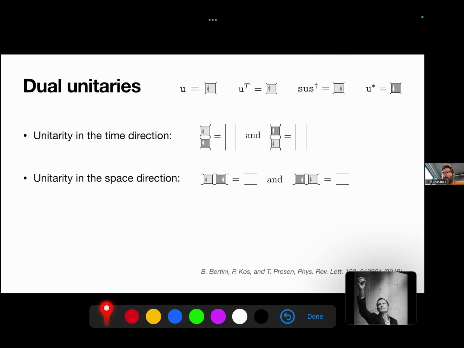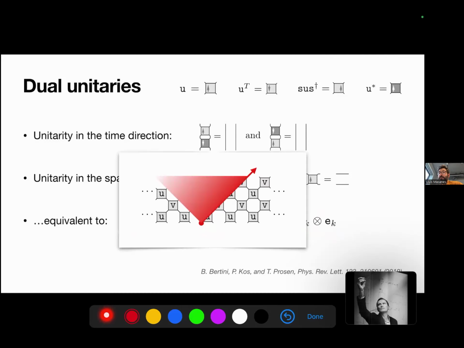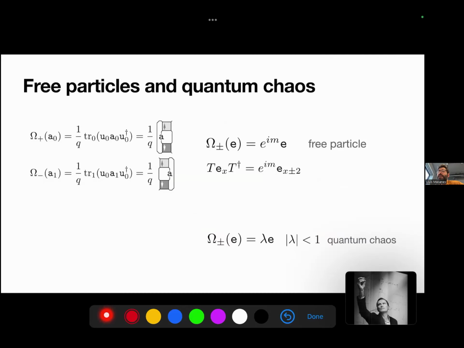Okay, so this is in general what you get with a dual unitary, this linear combination. But for some dual unitaries, or for some initial operators A, it could be that this is not present. In this case, A is mapped to another local operator shifted to the right. And it could be that C is proportional to A. If this happens, we say that we have a free particle, because basically this operator at site X is